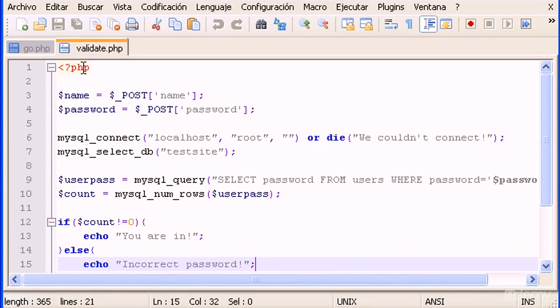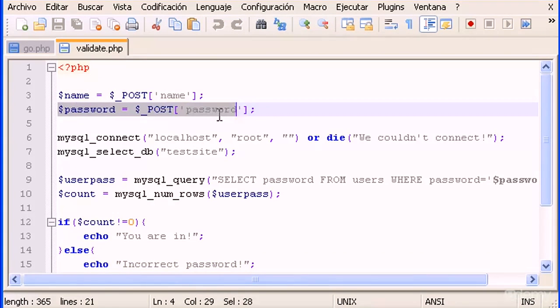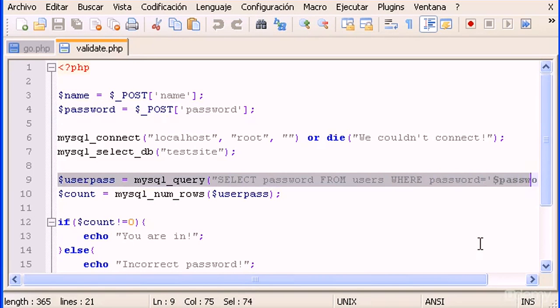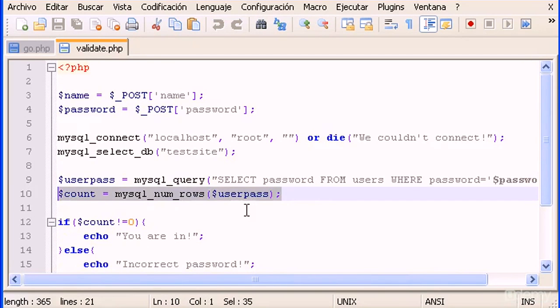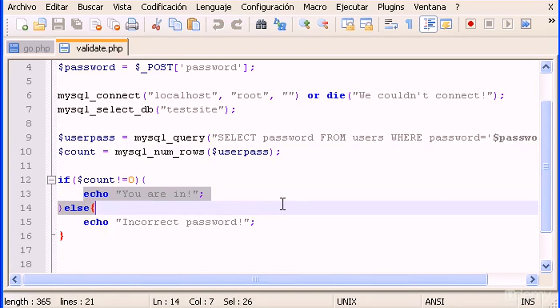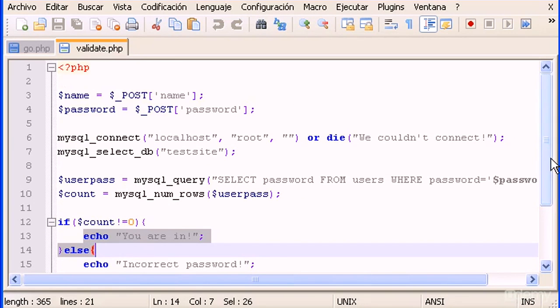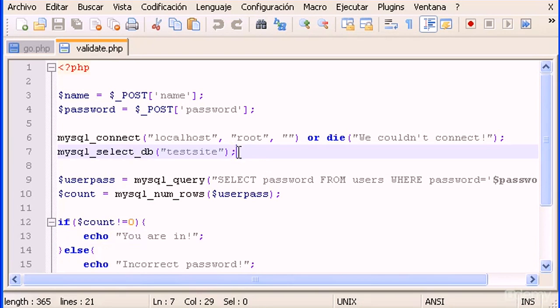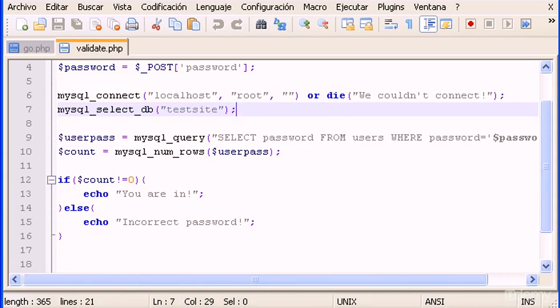Okay, this is a PHP validate script that grabs the name and the password, and then it searches in the password field in your database if the password is correct or exists, and if it exists it returns incorrect password or checks if the password is correct, all that. Okay, we already saw all these scripts in my PHP tutorial, so you know what I'm talking about. The thing is that